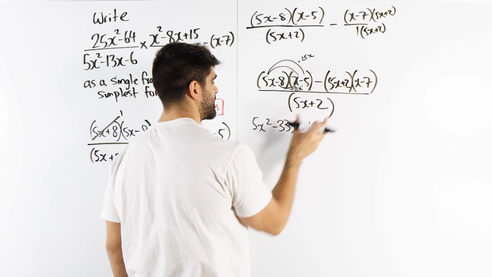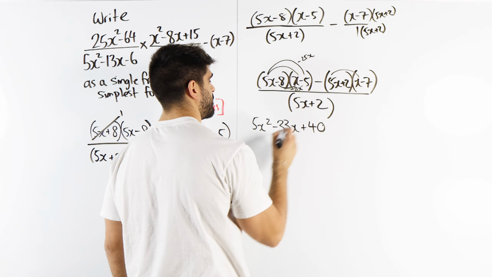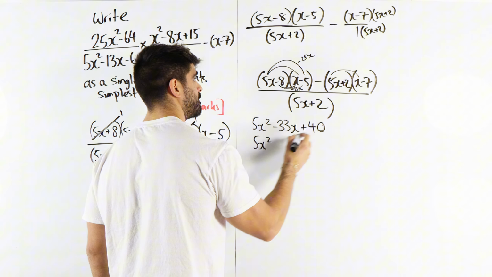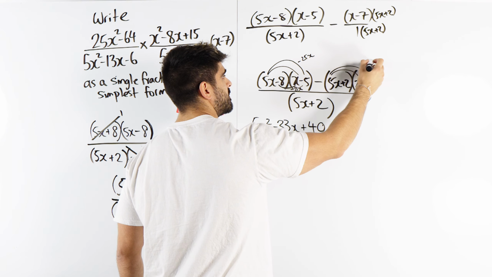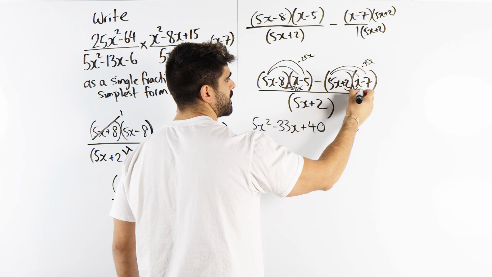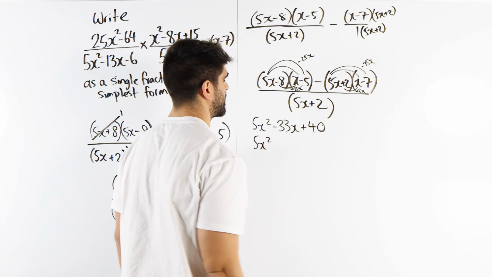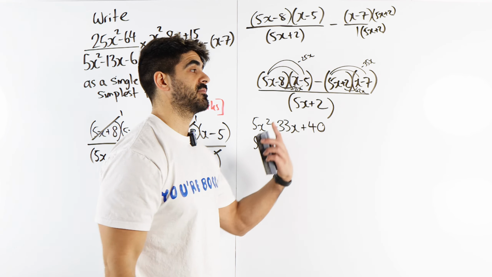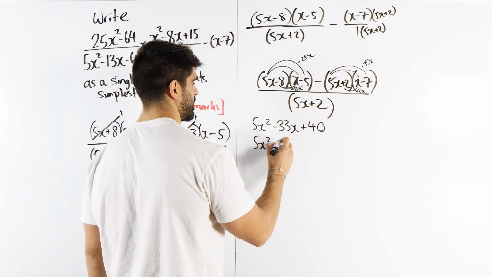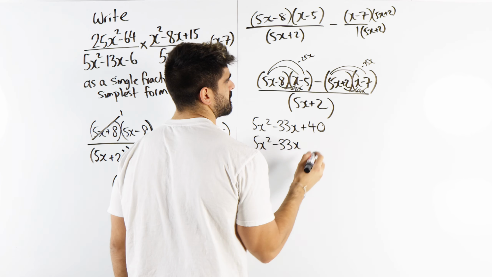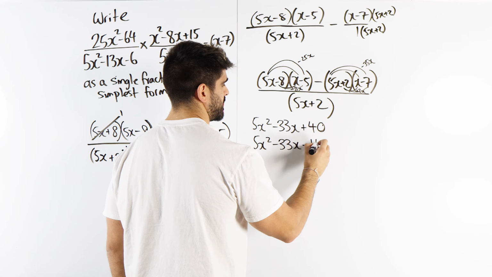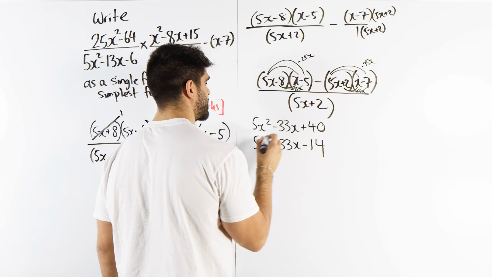I'm going to expand this and write it underneath. So we have 5x squared. Here we have 5 times minus 7 is minus 35x. Then we have plus 2x. 2 minus 35, or minus 35 plus 2, is minus 33. And then we have 2 times minus 7 is minus 14. Now remember, what we're doing, we're subtracting